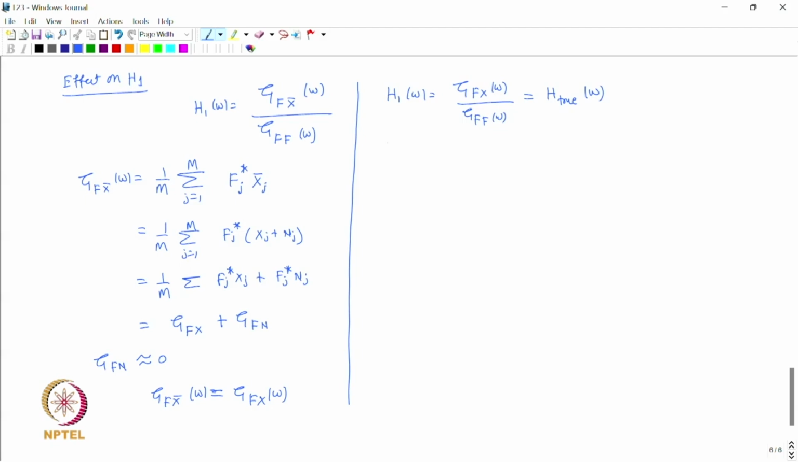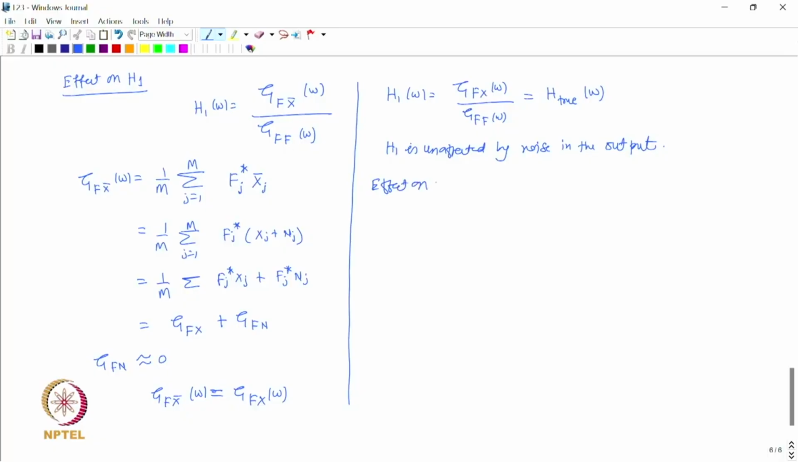So H1 therefore is unaffected by noise in the output, right. That is the advantage of spectrum averaging: the effect of noise in the output can be eliminated in the FRF by estimating the FRF H1. Let us look at what is the effect on H2,